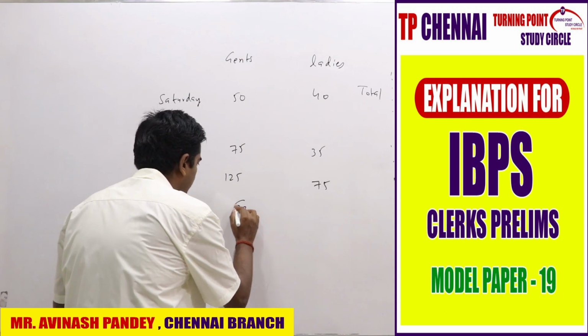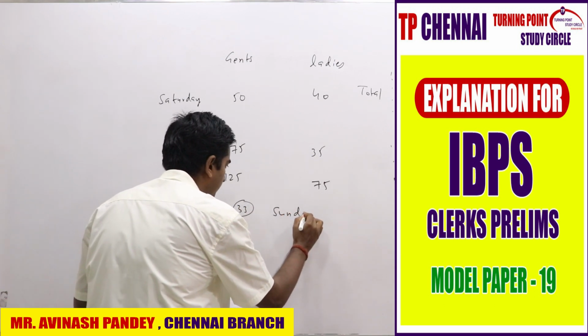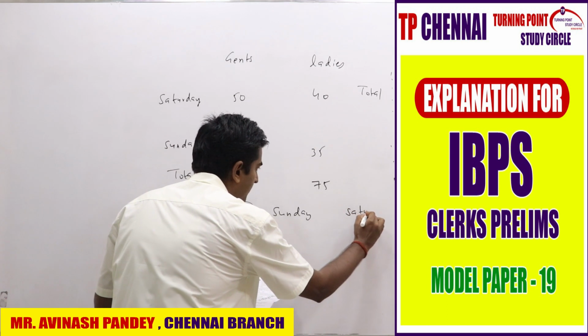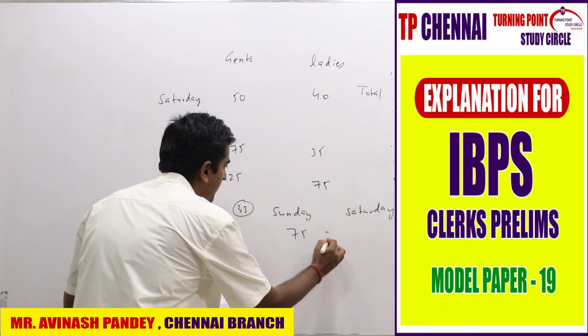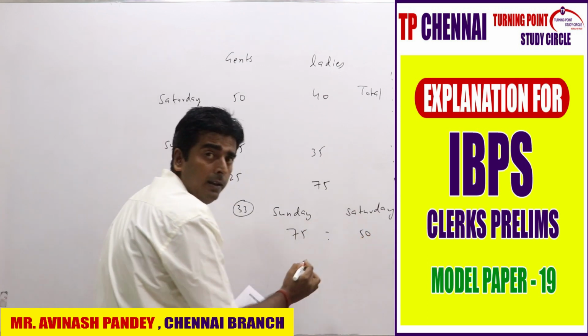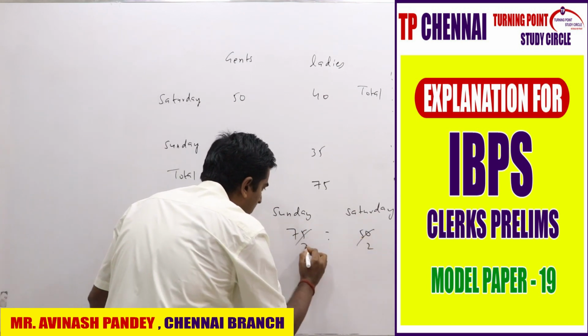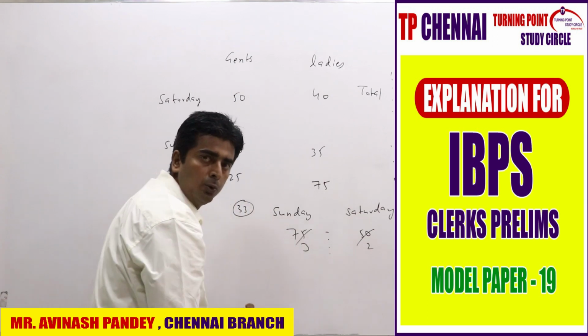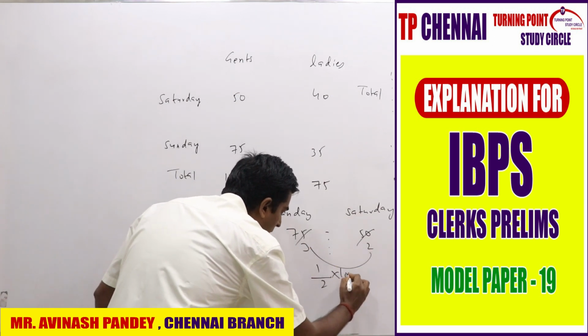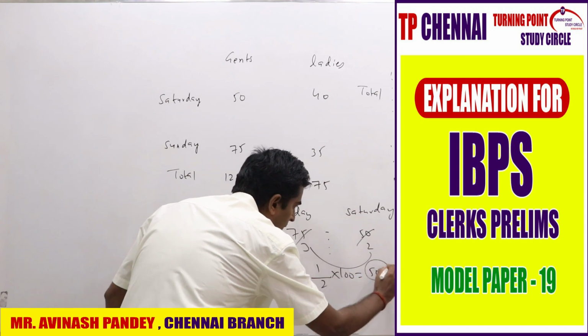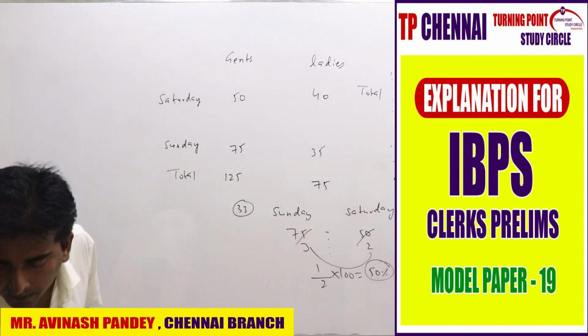So Sunday, and this is nothing but Saturday, right? Sunday, what is the value of gents shoes? 75. Saturday, what is the value? 50, right? So 25, 2s are 25, 3s are, right? So my ratio is 3:2. So here how much more is there? 1 on 2 in 200. So what is my answer? My answer is nothing but 50%, right? My answer is 50%. That's it,